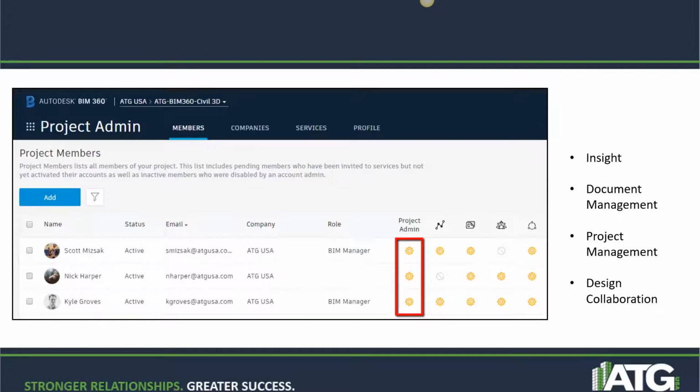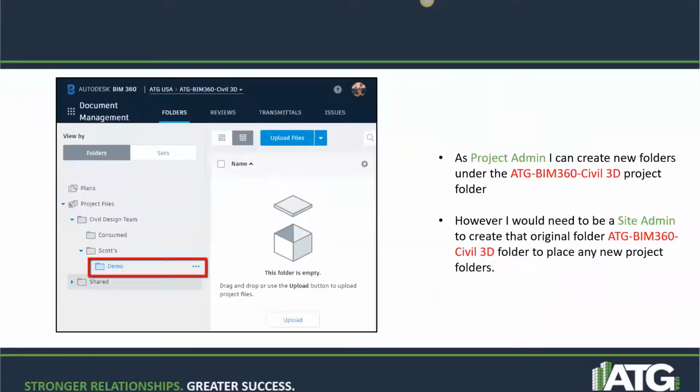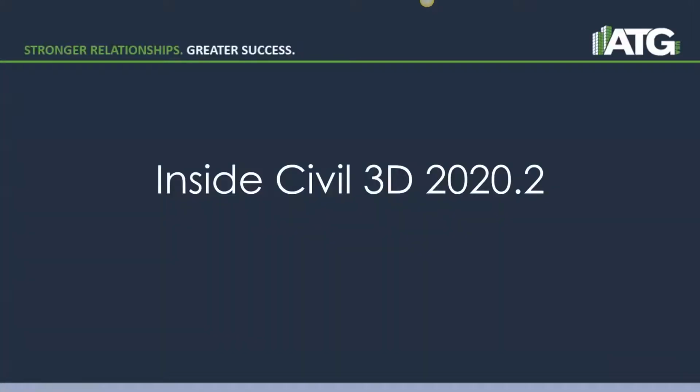So the first thing my site manager did was he went in and he updated our BIM360 site. He created a new folder called ATG BIM360 Civil 3D, and he gave me rights to be project admin to this location. Now that I've been given rights to that location, I went and built my own folder. So as project admin, I can create new folders under that location. And again, however, the site admin must create the original ATG BIM360 and give me those rights. Now that I have